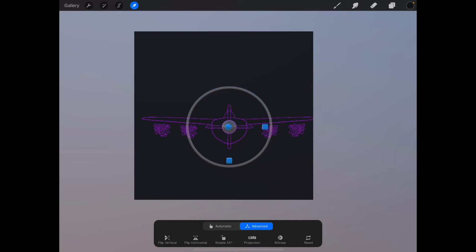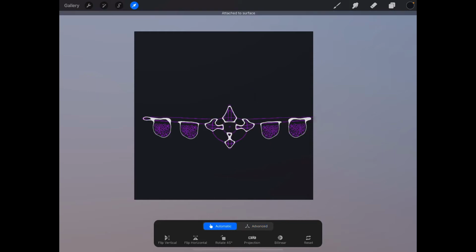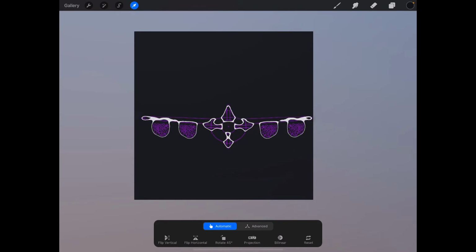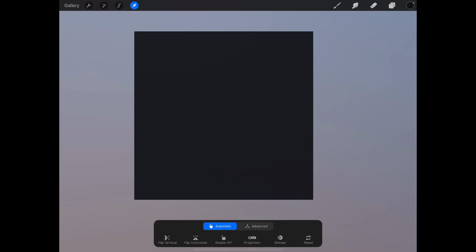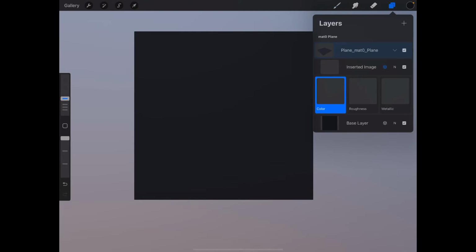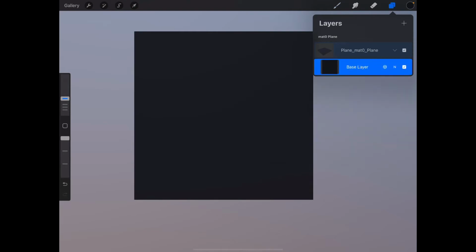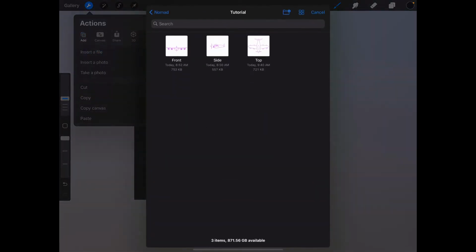But I don't know if this is a glitch or what, but if I'm in advanced already and I've resized it, and then I click automatic, usually it flies way out of screen. There you go, see, that happens. So typically what I do, and I'm going to delete the inserted image and start this from the beginning here. Insert file, front,